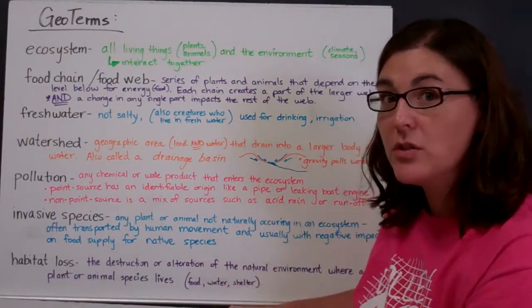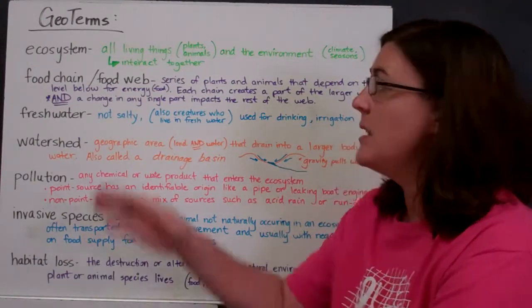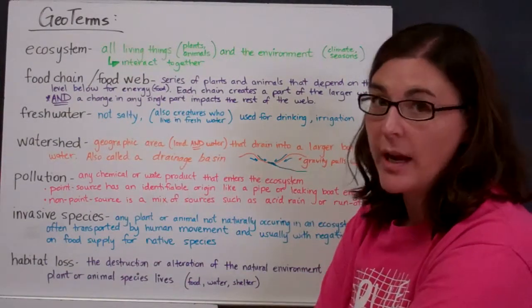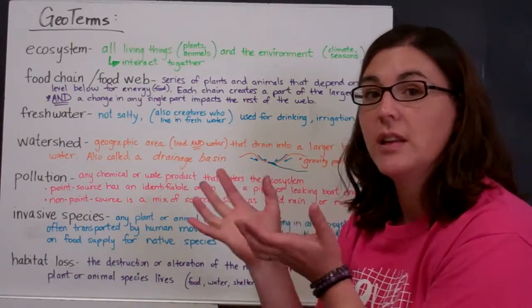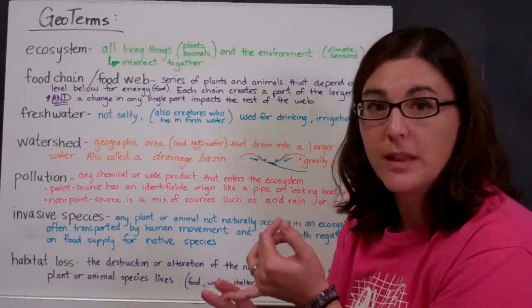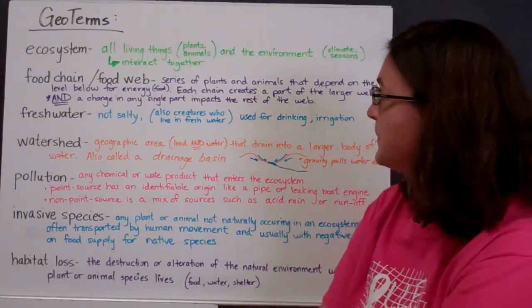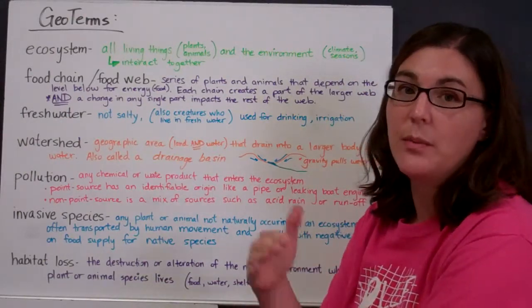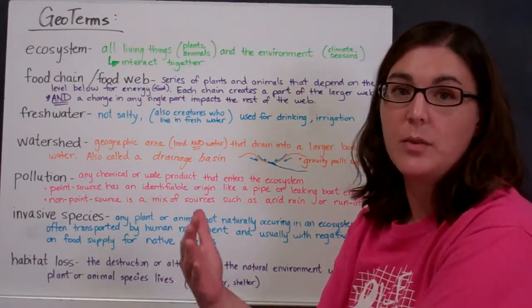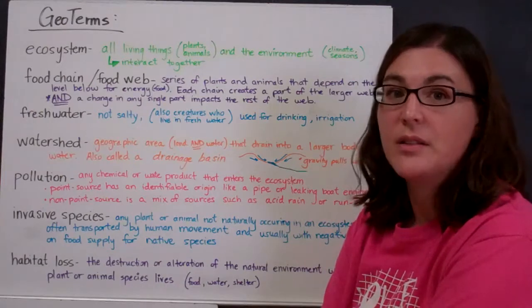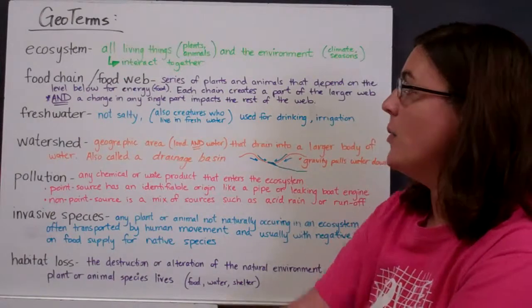A little bit of background information. Remember that the vocabulary is especially important, and so for your geoterms assignment, the terms that you were exploring are ecosystem, and remember that an ecosystem is the connection of all living things in an area. That includes the plants and includes the animals, and remember that humans are an animal species. Then also remember that you interact with your environment, and that plants and animals can survive in a particular environment because of the climate, the seasons that impact the vegetation that's a source of food,